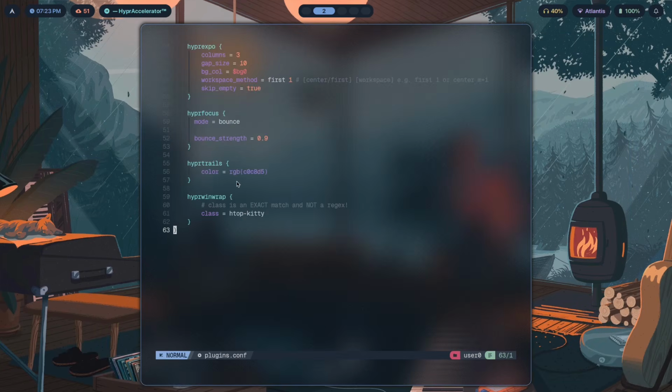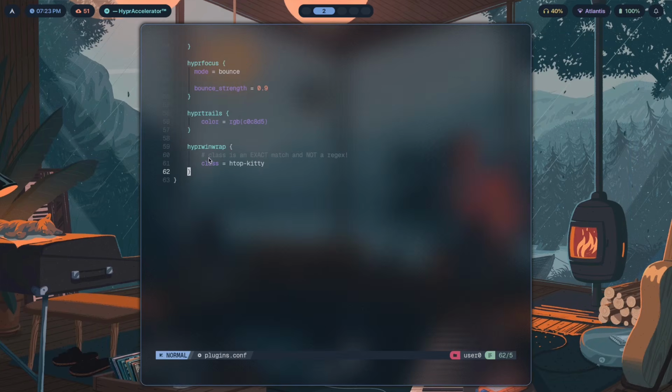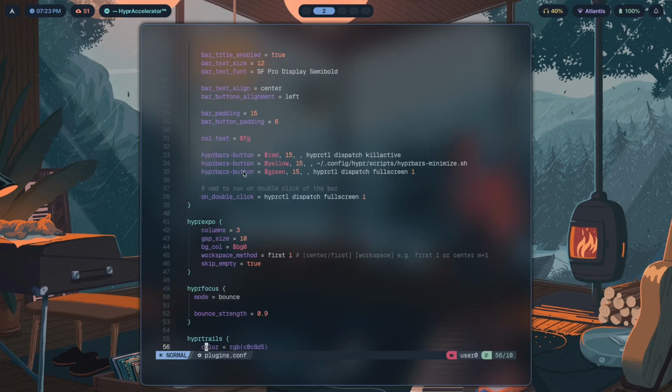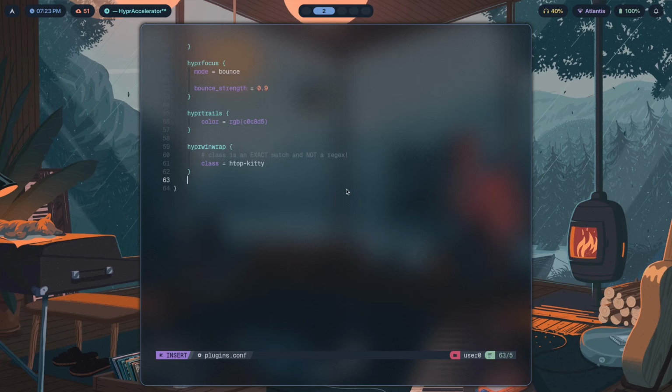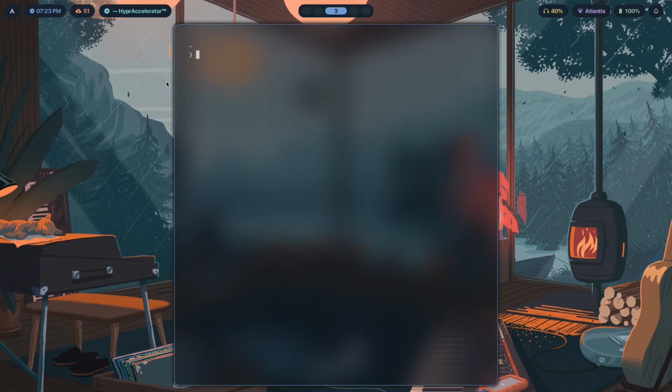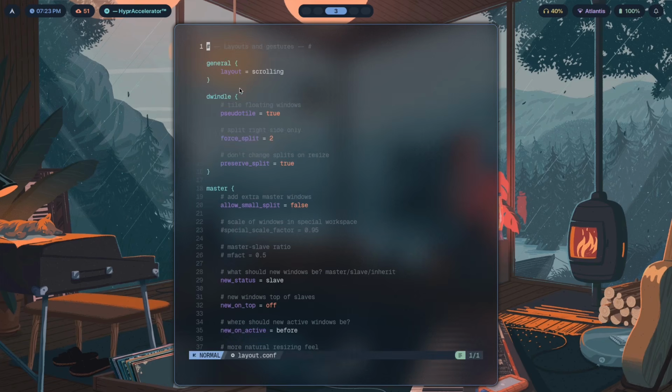Okay, now let's get back to this. Okay, hold on. We're over here. Now what do we have to do? We just have to configure this plugin. Now, by default, as soon as you enable this, which you have to do by going into your layout config file, you have to change